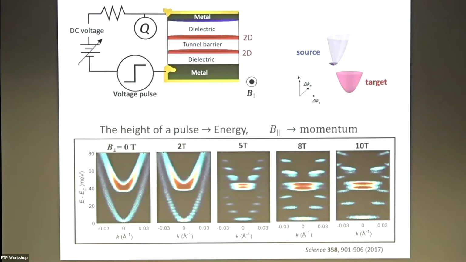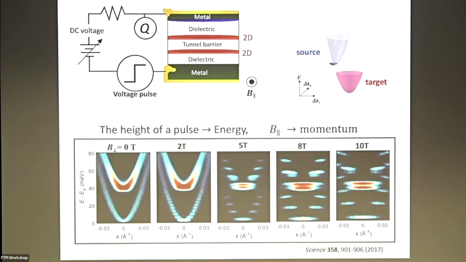We're tunneling from one well to another, and if you have a magnetic field applied parallel to the 2D systems, there'll be a Lorentz force. The amount of momentum kick is just the electron charge times the magnetic field times the distance between the two. So it's just integrating the Lorentz force. That's all it is. And this allows us the ability to do shift. The first person who worked on this was Jim Eisenstein, actually in parallel wells, and showed this.